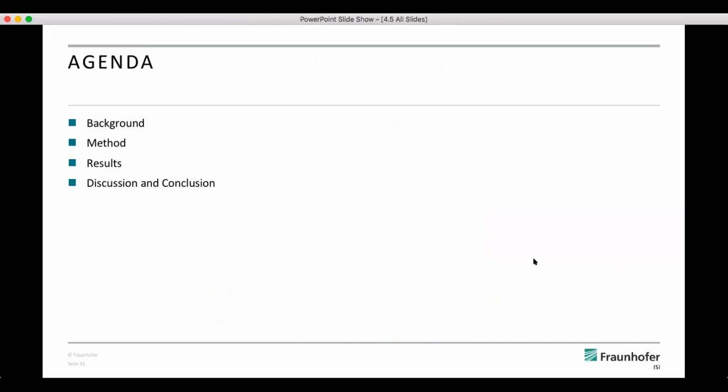So first, I will give a brief overview of the background, because I think the context is very important when presenting the method and also discussing results and conclusions. Afterwards, I will introduce the network approach we chose and show you some basic insights into how this code, which we implemented in a web platform, works. Afterwards, I will present some results and then proceed with the discussion and conclusion. And let's come directly to the background.